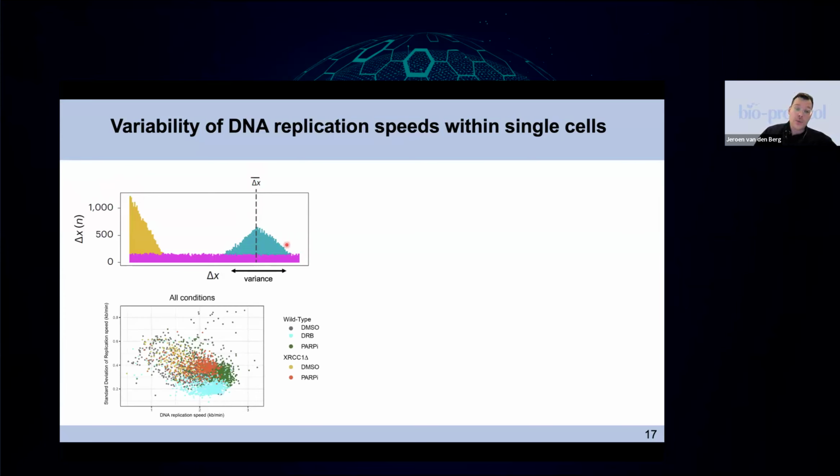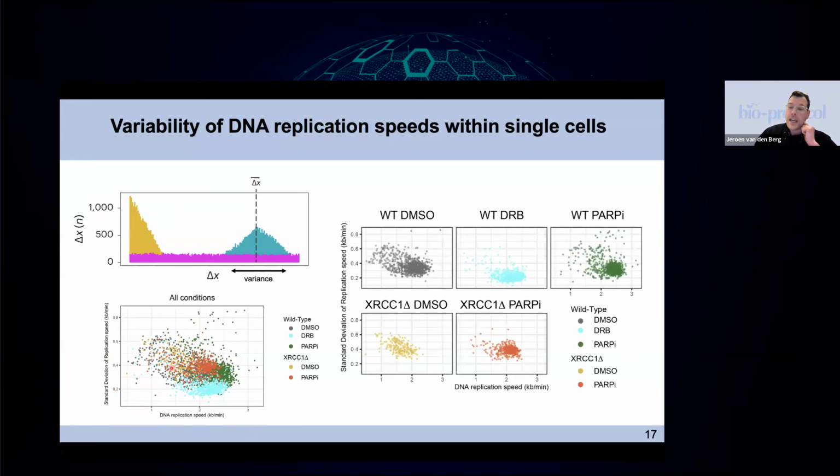So we took all our data that I've shown you up till now, and we can now make a plot in which we show DNA replication speeds on the x-axis. So you go from low speeds to high speeds, and then a measure for the standard deviation as a representation of the variance of the signal. And then you see that indeed there are quite some conditions that separate from other conditions. This may be more appreciated if you put them in separate graphs, where you can see that if we have wild type cells, we get a high density of speeds around this particular condition, and then a plume of